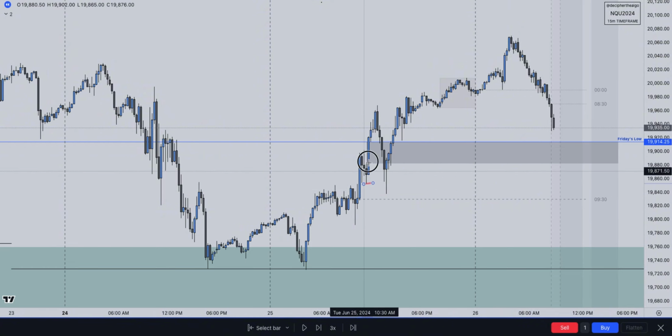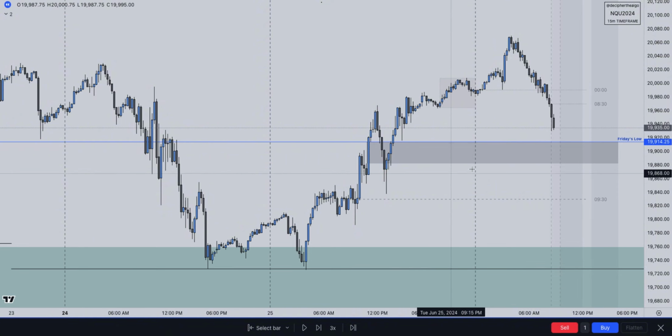The reason why this works, in my opinion, is because most people expect these things to hold. And when they don't, that's a trap. And then when they reclaim, you're like, okay, so now this thing's completely worthless. And people kind of discount it. So the whole idea of a fair value gap is that no matter how much time has transpired, no matter if it's been filled or unfilled, these levels tend to be reactive. That's just how they work.